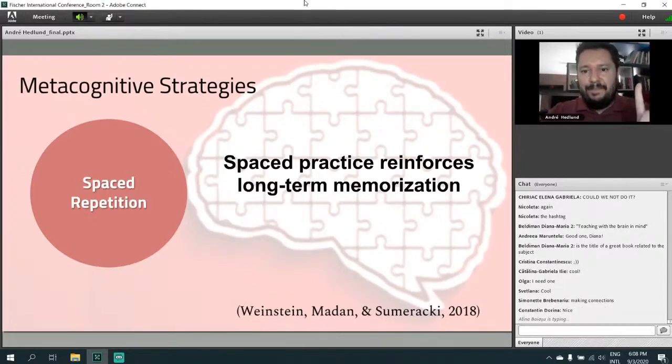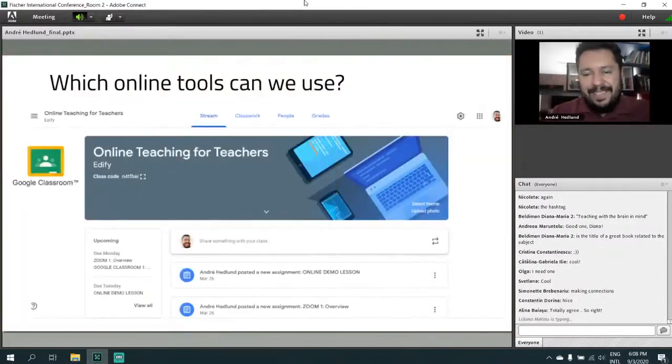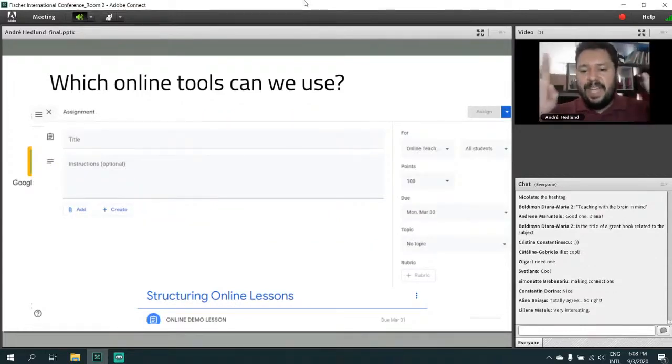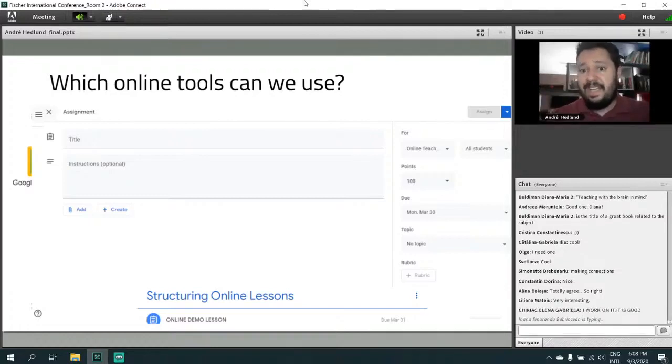And the best tool that we can use for that is as simple as Google Classroom, because we can click on classwork, we can click on create, we can click on assignment, and then we assign something. So we type there present perfect, whatever, we give a short explanation, and then we use the due date box. That's important. We can schedule when our students have to do it, and we can do it based on the spaced repetition principle. It's not that hard.